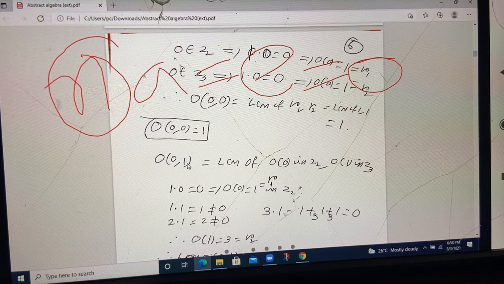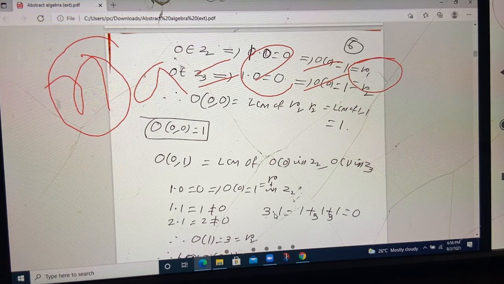Next, the order of (0, 1): we have to find the LCM of the order of 0 in Z2 and the order of 1 in Z3. What is the order of 0? Just now we found it is 1, so r1 is 1. Next, what is the order of 1 in Z3? 1 into 1 is 1, not 0. 2 into 1 is 2, not 0. 3 into 1